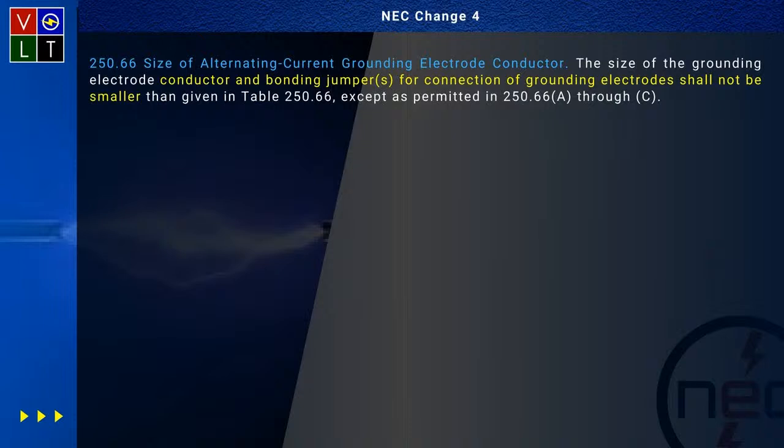Sections 250.66 A through C deals with what? A deals with the ground rod, B deals with a concrete encased electrode, and C deals with your ground ring, and that's for the size of what? Your grounding electrode conductors. Yeah, and I think this is a good change because it clarifies that all you're doing,